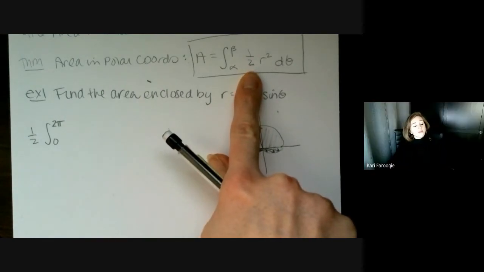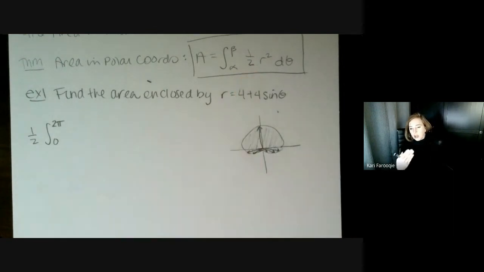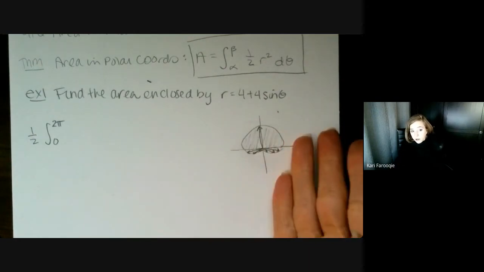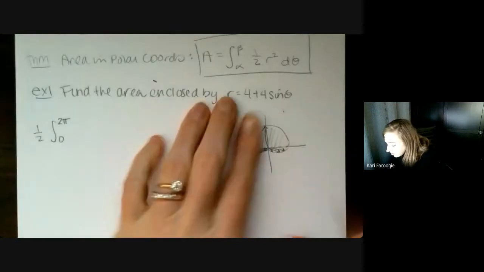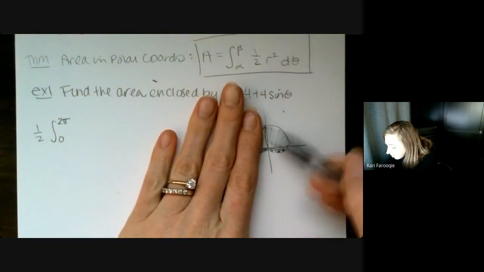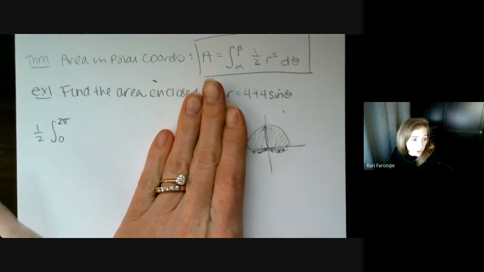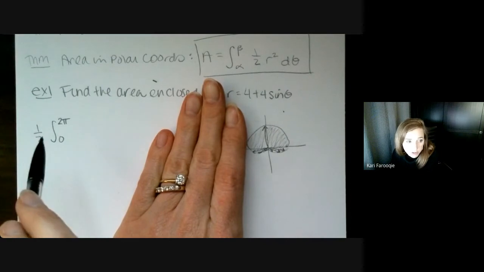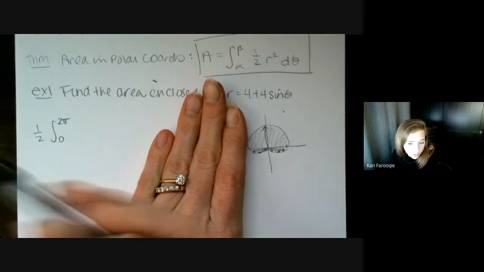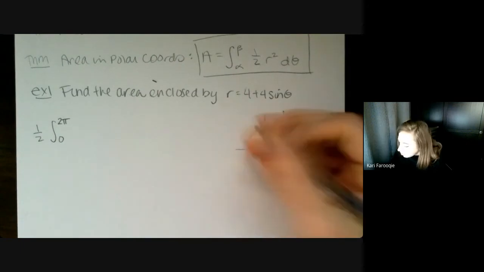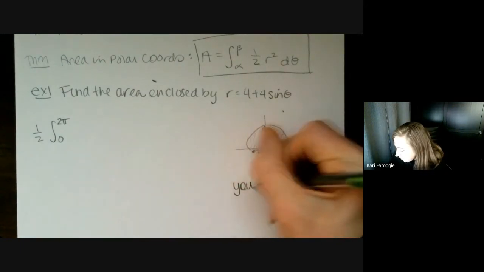No, it's fine. Actually, I'm really glad you asked that, because some of you might be wondering, technically this graph has symmetry. It's the same on the right and the left. If you wanted to use symmetry, you could technically set this up by only finding the area of the right side or the left side, and then multiply it by 2, and then you wouldn't even have a 1/2 there, because 2 times 1/2 would give you 1. So some students like to use symmetry depending on what the limits of integration are. If you wanted to use symmetry, I'm going to make a note here.